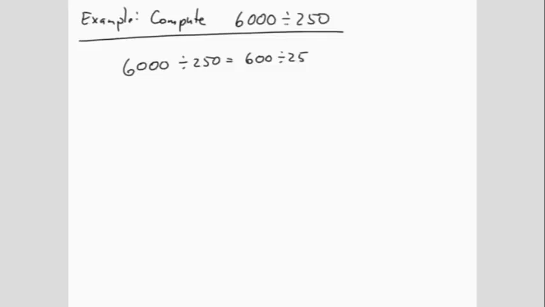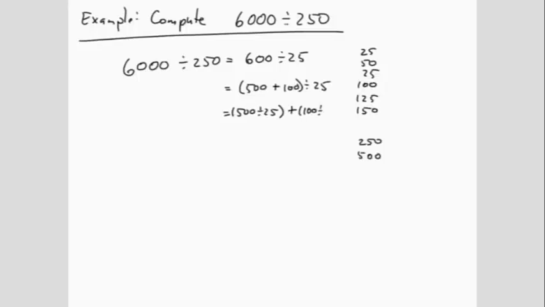If we tried to count by 25s to get up to 600: 25, 50, 75, 100, 125, 150. This will take a very long time. So instead of 25s, we will count by 250s. 250, 500. This is equal to 500 plus 100 divided by 25. That's 500 divided by 25 plus 100 divided by 25. And this is equal to 20 plus 4, which is